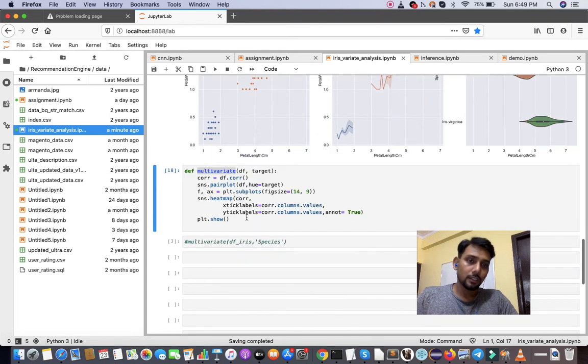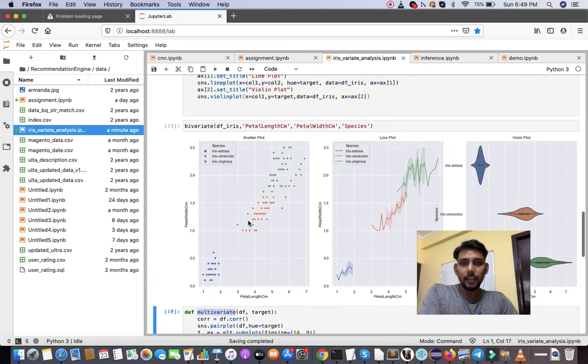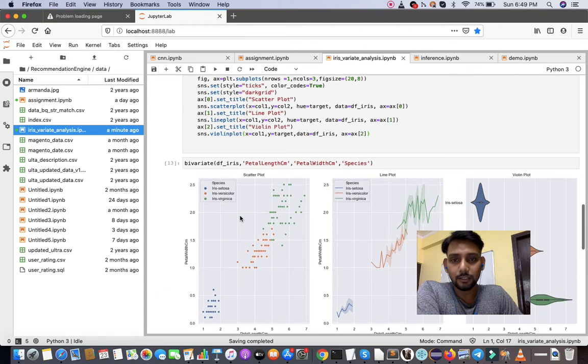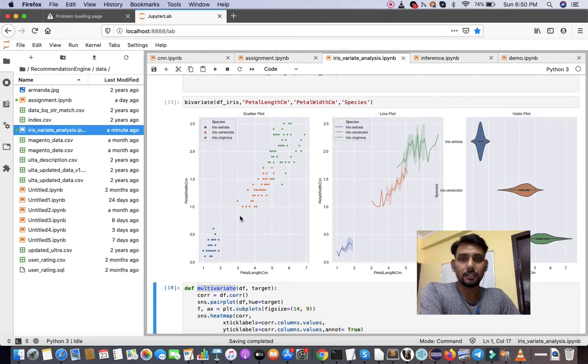So again, can we say that using linear regression or logistic regression we can classify Iris setosa? Clearly we can see that we can use some logistic regression kinds of things to classify the dataset. Yes, this is very good in the case of petal length and petal width.